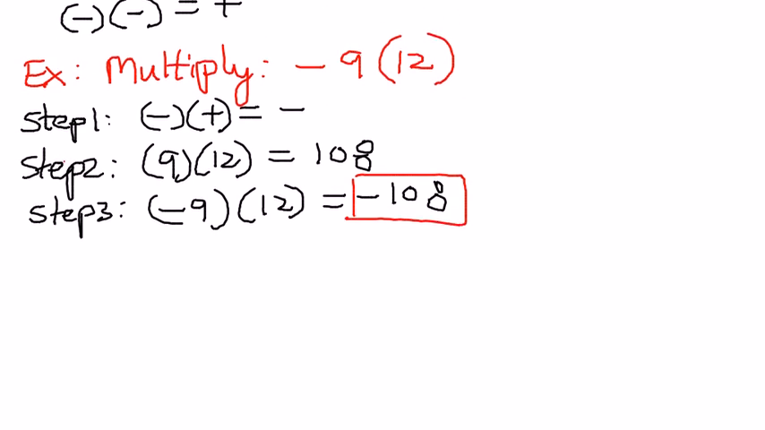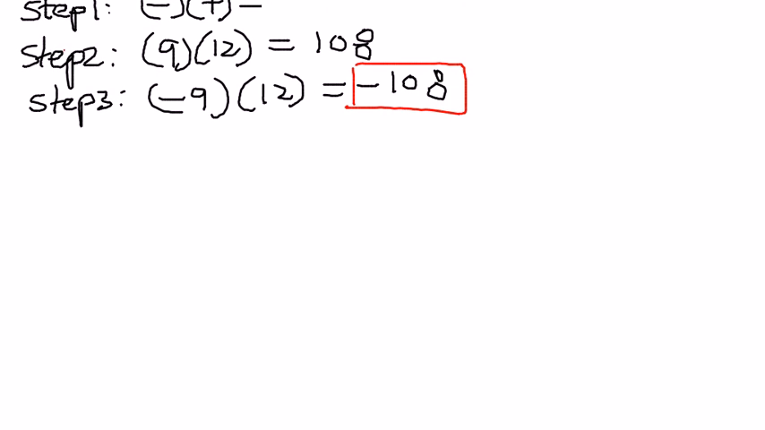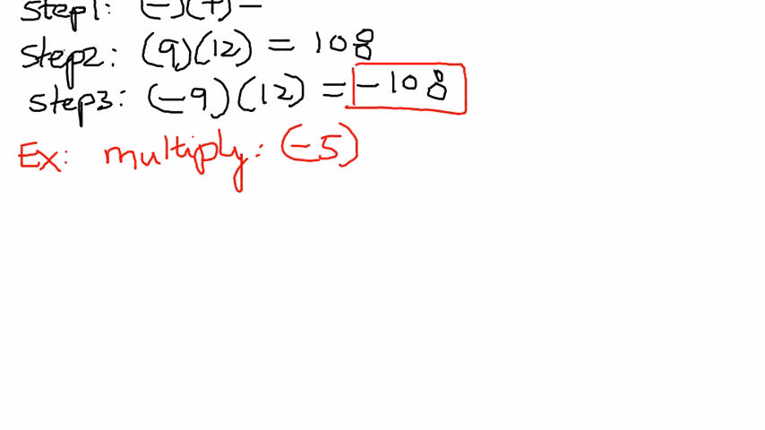Let's take another example. Let's say this time we want to multiply two numbers like this. Multiply negative 5 times negative 10. Here again, we'll break it down into these different steps. First, we will say